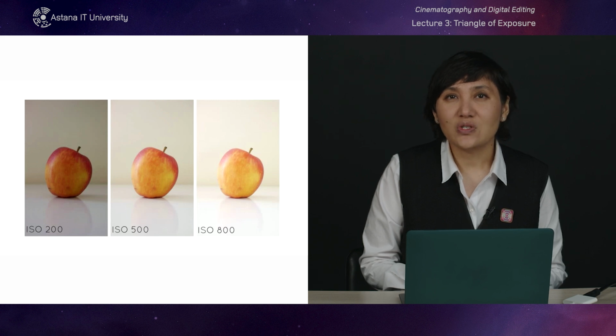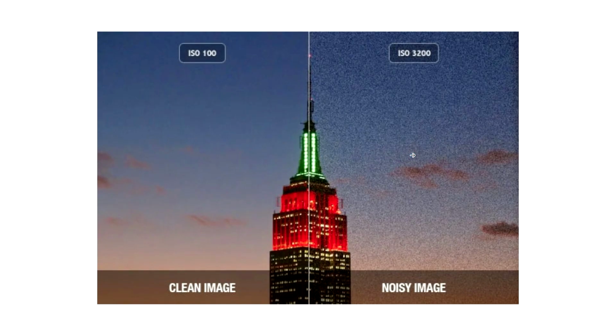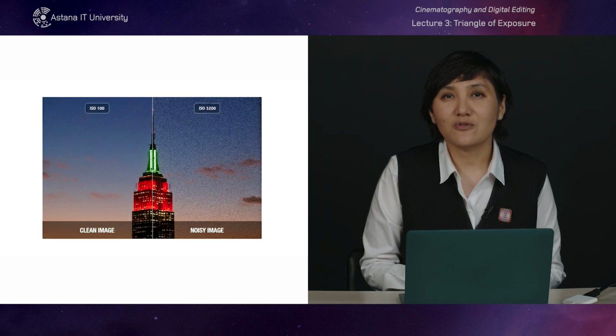The amount of noise introduced by high ISO settings can vary depending on the camera, with newer models often handling higher ISOs better. ISO is a powerful tool for adjusting exposure, especially when you can't change the aperture or shutter speed due to creative constraints. However, it's important to use ISO carefully, as increasing it too much can lead to a loss of detail and decrease in image sharpness. In cinematography, understanding how your camera handles ISO at different levels can help you to make better choices in various lighting conditions.